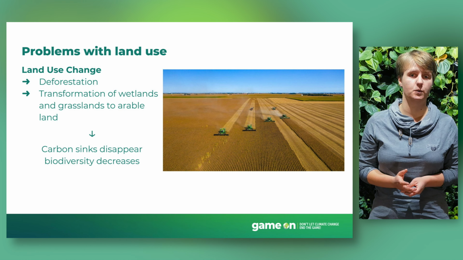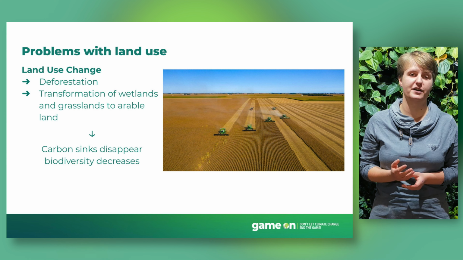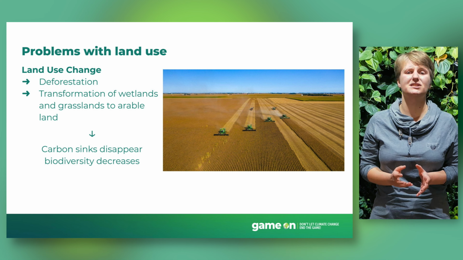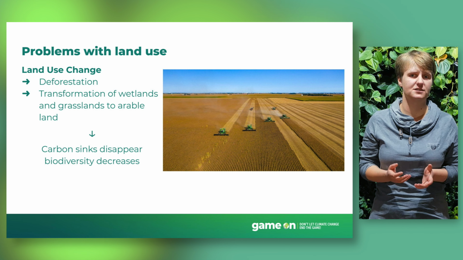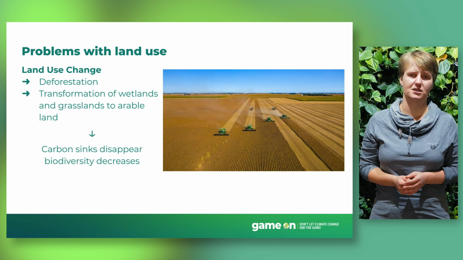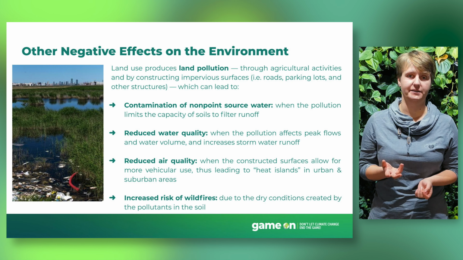Deforestation, a big word we hear all the time. According to the Food and Agricultural Organization, the FAO, the expansion of agriculture caused nearly 80% of global deforestation. Among the many problems that deforestation comes with, the most important impacts are on biodiversity and the disappearance of carbon sinks. Those are not the only impacts though.